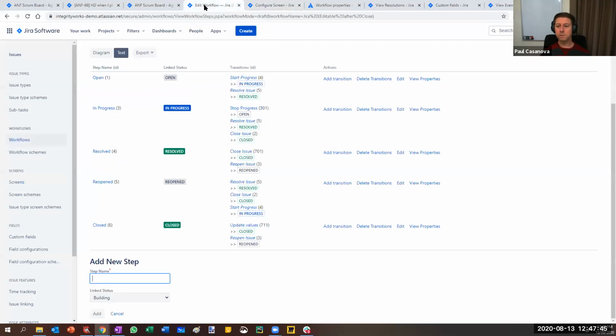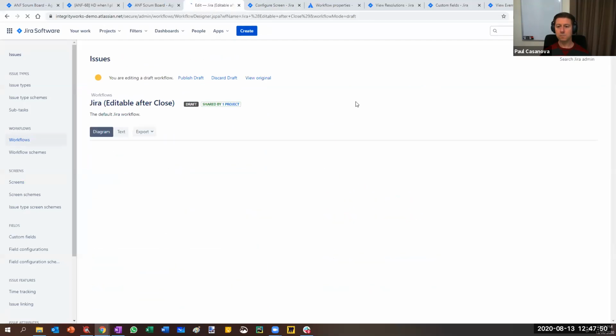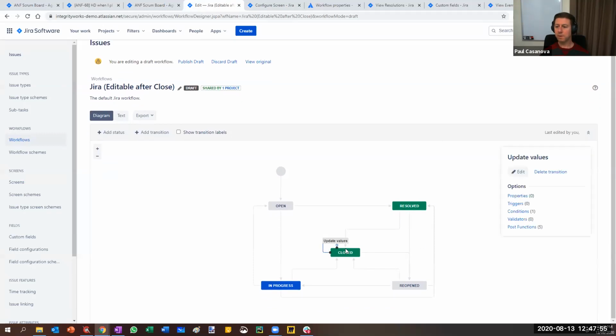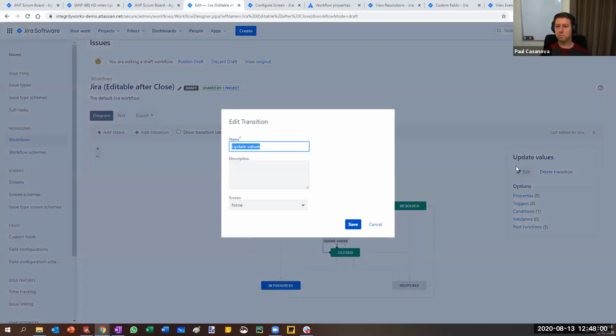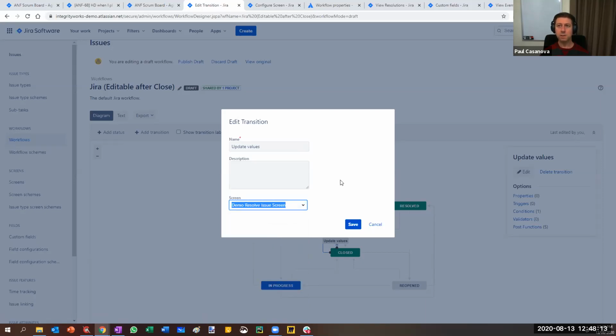And then in my workflow, I'm going to go back to my diagram view. And this one here, update values. Let's edit that transition. Now it's going to open here. That's going to give me the screen. So I can change the name of the transition if I click on edit, and I can also select a screen. So now I can pick that demo resolve issue screen. And usually if I'm creating a screen, I would copy another one as a starting point and then modify it from there. So for now, let's use this demo resolve issue screen